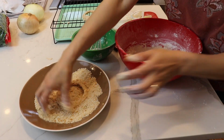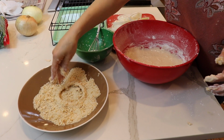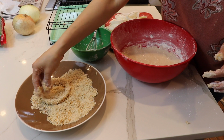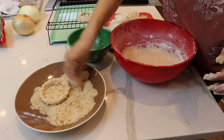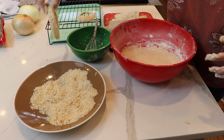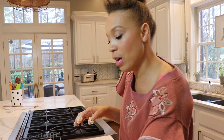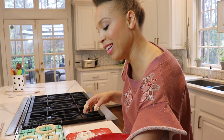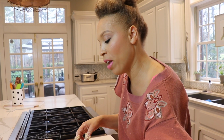and there is a trick to doing this, but I always get it wrong. You use one hand for dipping, one hand for flouring, and then you won't get your hands all looking like monster hands. Now that we've got some onion rings ready for the frying, we're gonna go over there and fry